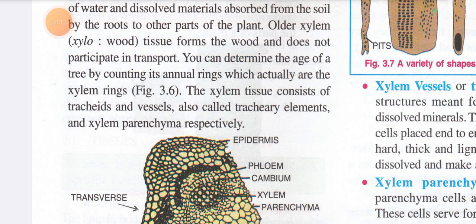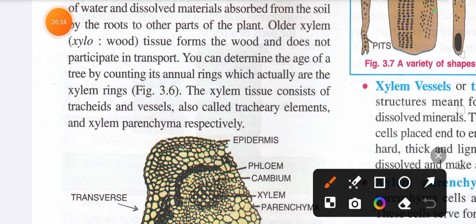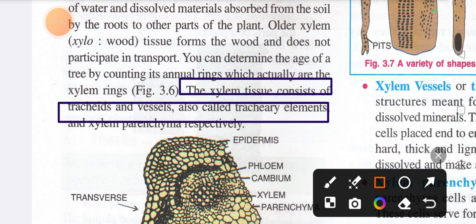Xylem tissue consists of tracheids and vessels, also called tracheary elements, and xylem parenchyma. Now this xylem is basically made up of four main types of things: xylem fiber, tracheids, vessels, and xylem parenchyma. Okay, this is one of the important statements which you need to